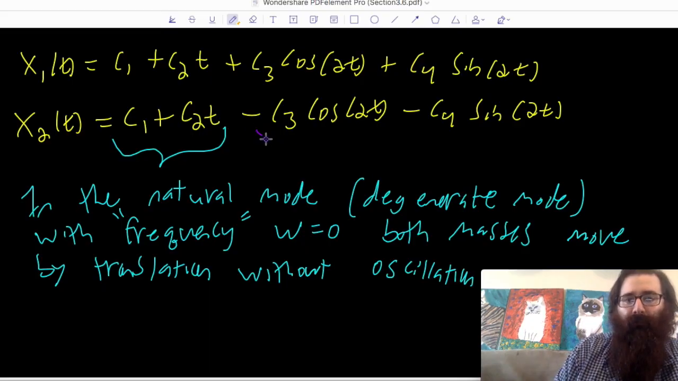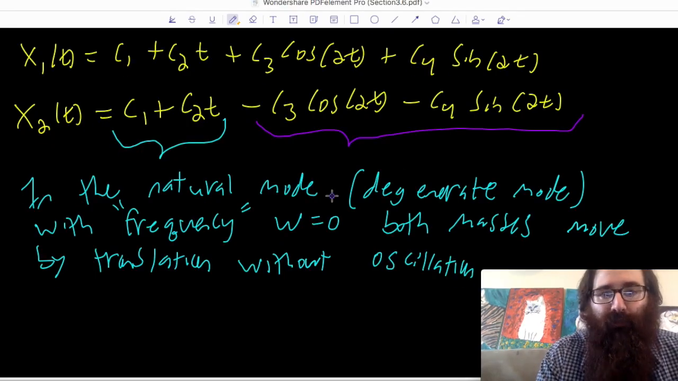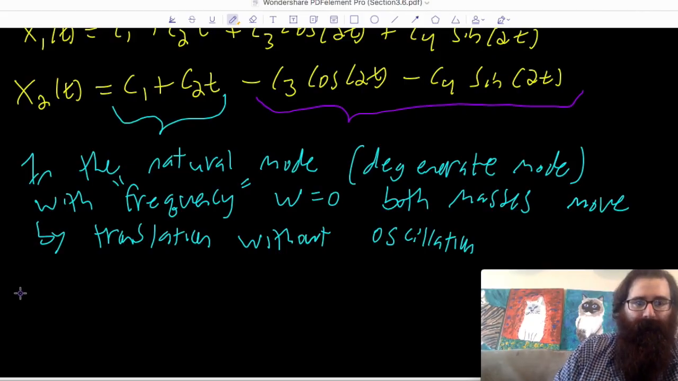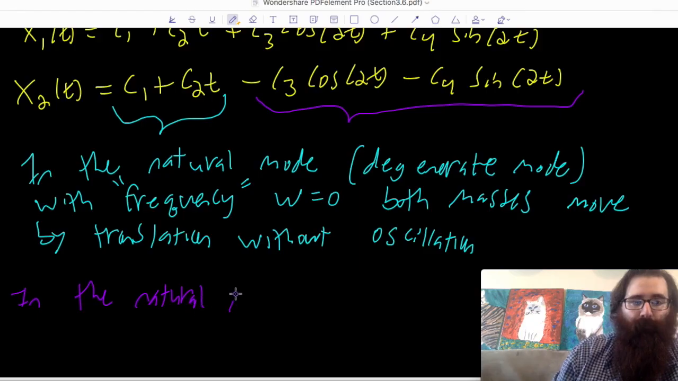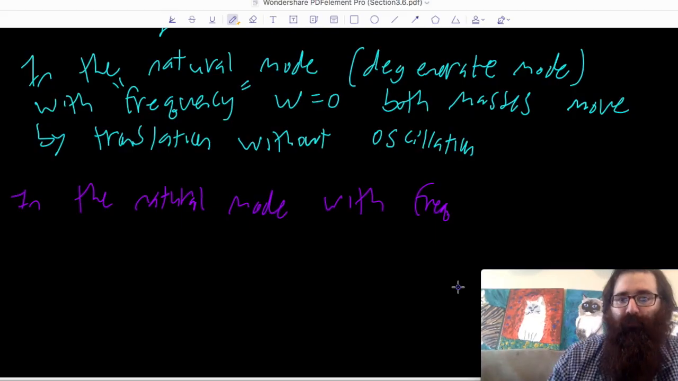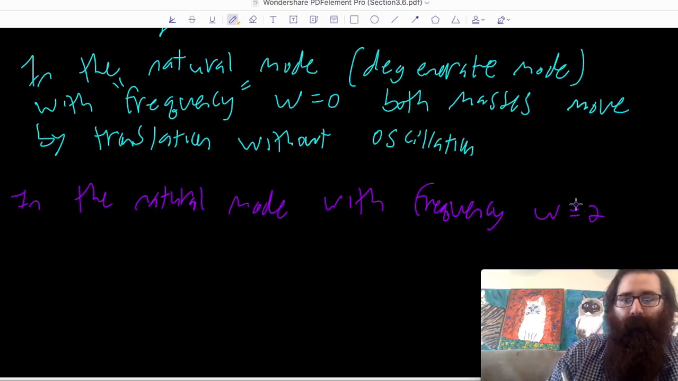But while we're here, let's talk about what's happening in this other natural mode. This other natural mode does have a true frequency. That frequency was 2. I got cosine 2t, sine 2t, and then again. So we'd say in the natural mode, this is not degenerate, this is the good stuff. In the natural mode with frequency omega equals 2,